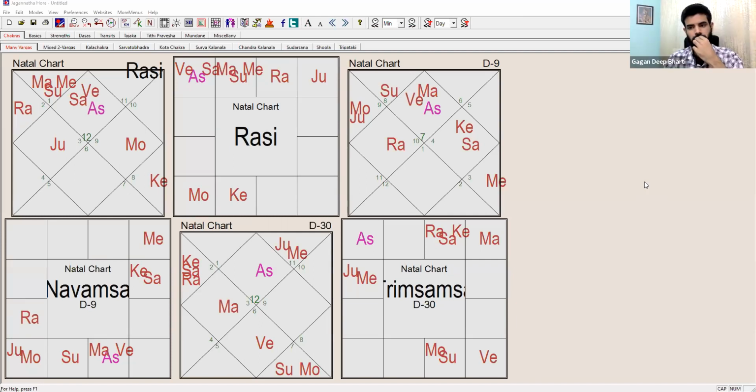Lagna is also body in the sense of the projection, the manifestation of your body, how you are utilizing it throughout your life. That is Lagna. In that sense, Lagna and Moon both are important for us. Moon is not only mind. So whenever there is a serious injury or serious problem with the physical body, Lagna is there, but Moon is also involved. Very first thing: Moon and Lagna both should be analyzed.